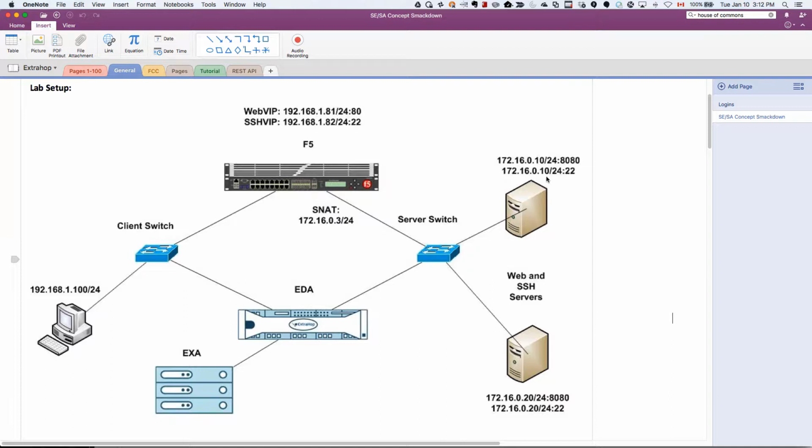So this is the server side, and then this is the client side. I have my machine here, so this is the client side subnet. I got the two VIPs here for web and SSH. They're from the same subnet as the client side, and then I got the source NAT for the F5, same subnet as the server side. The ExtraHop is connected to both sides, and it's feeding the EXA where we're going to do most of our work. So I'm going to pivot over to the ExtraHop